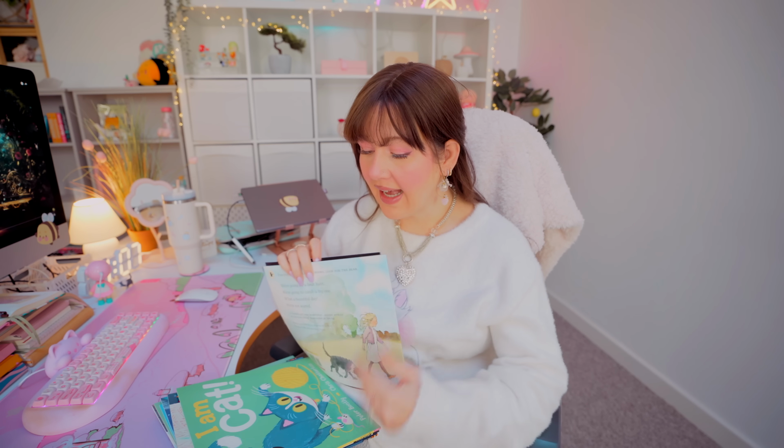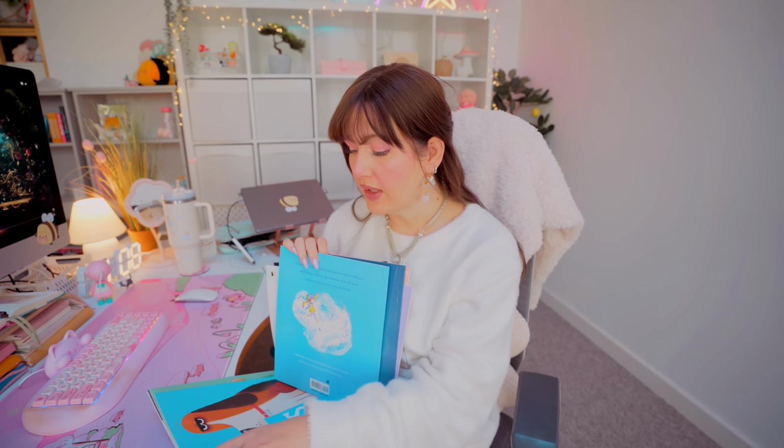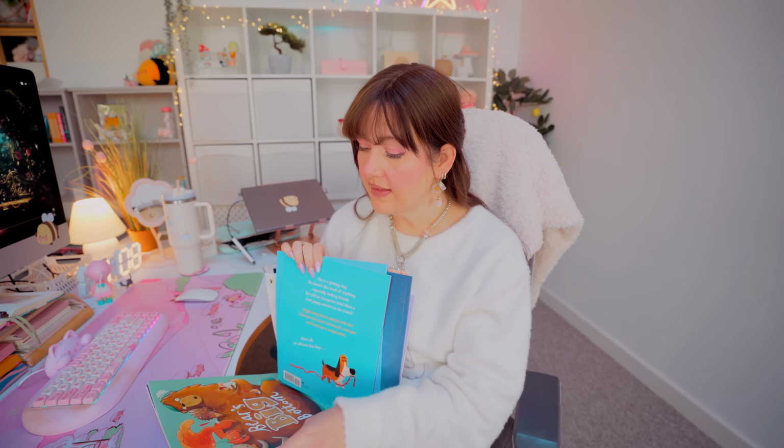have you seen all these children's books that I ended up buying from The Works? So we have our studio in town, and I ended up going on a mad shopping spree of children's books to help me get inspired. And I want to sit down and